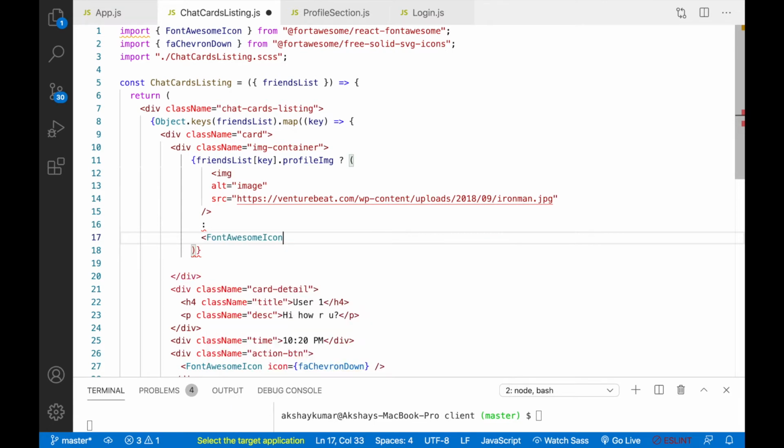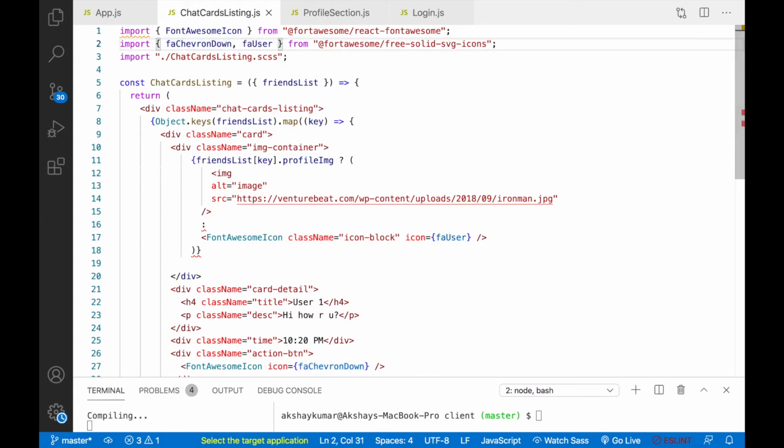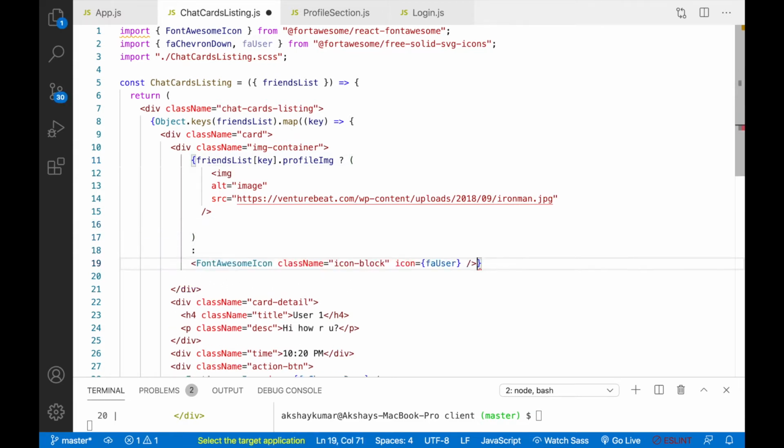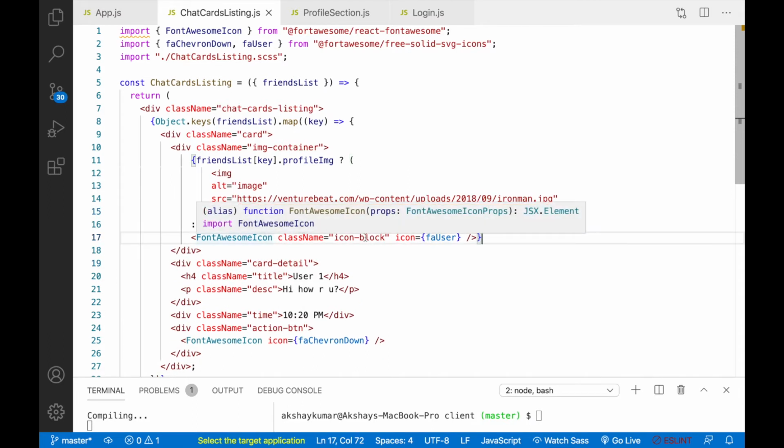So we'll write FontAwesomeIcon, className will be icon block, and icon will be faUser, and this we have to get from here also, faUser. Oh, I'm sorry, this thing we have to move here. Okay, so this thing is done.